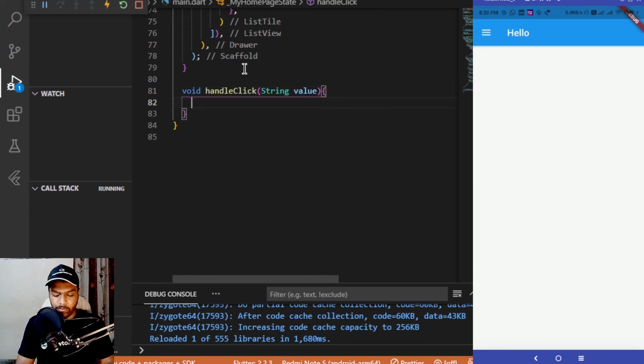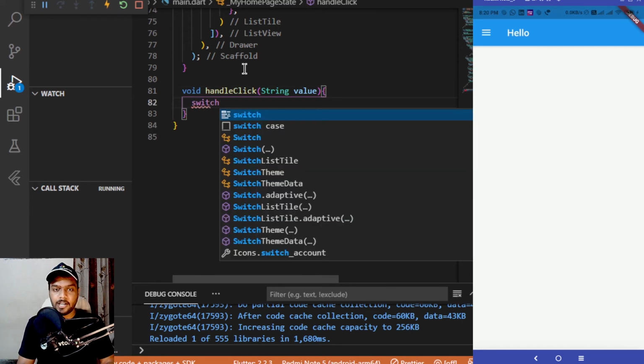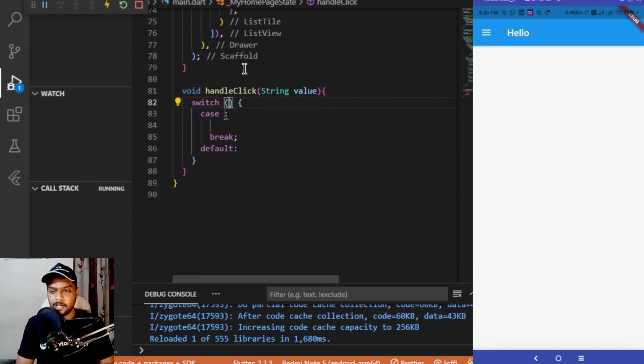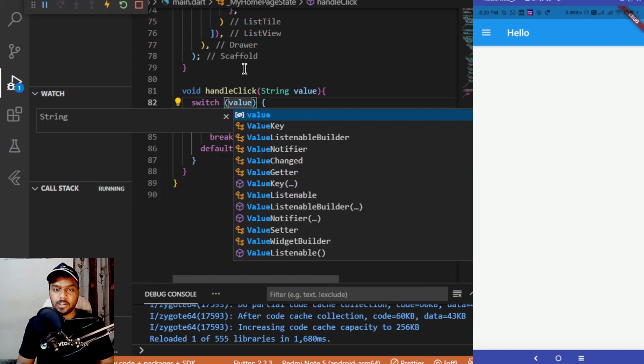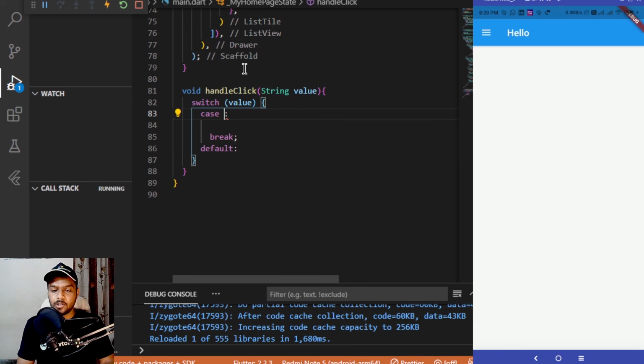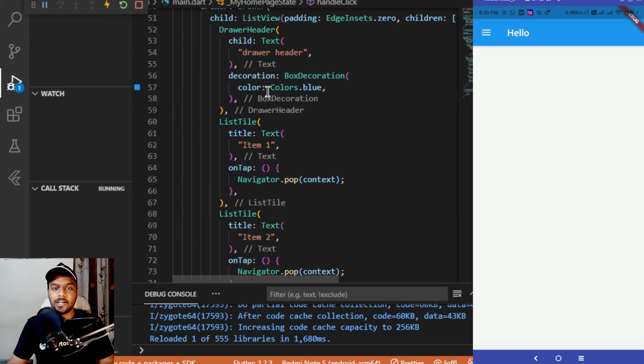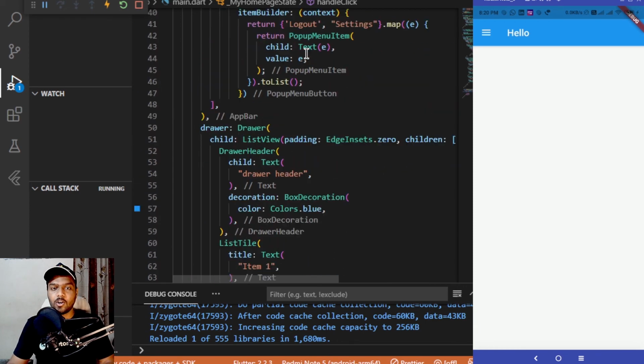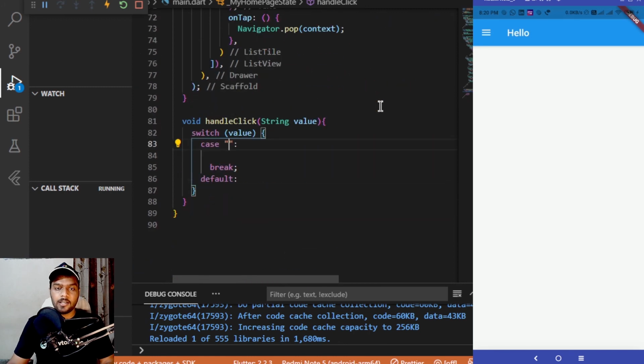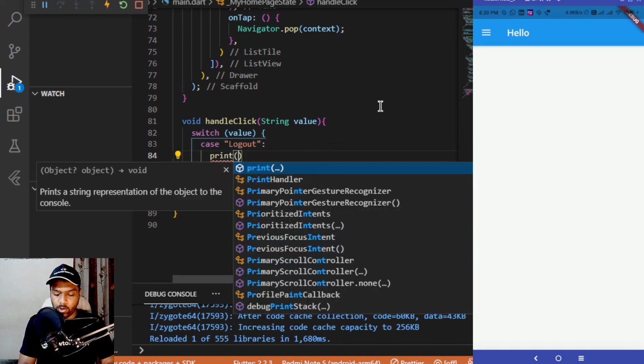and after this string it will have a switch statement inside it. So the switch case statement will switch on the value of the string it is taking. For the case, we have to pass the string which we have added over here. So here I have added logout, and here I have added settings. When adding logout, make sure not to differ from the item you are passing inside it. It is case sensitive, so make sure to take care of that as well. In this particular case, if it is logout, I am printing logout in my debug console,